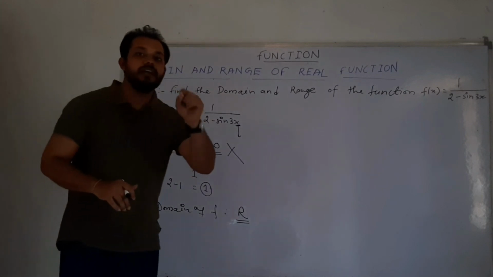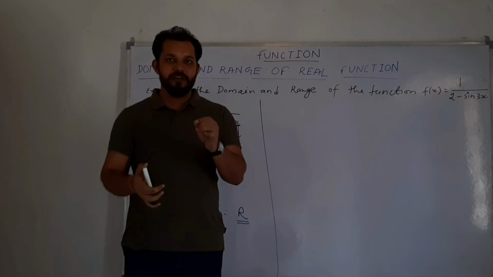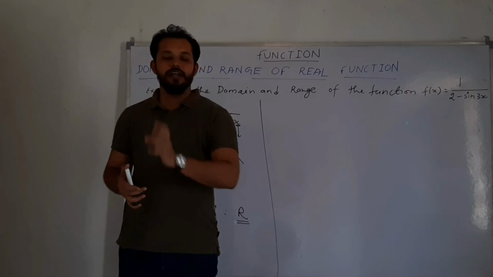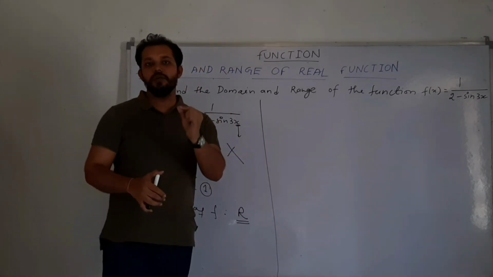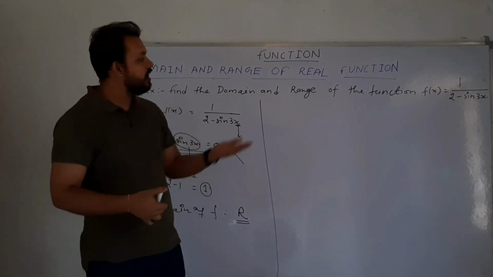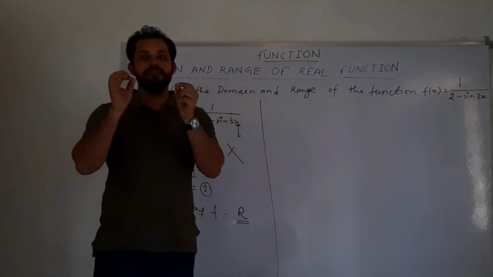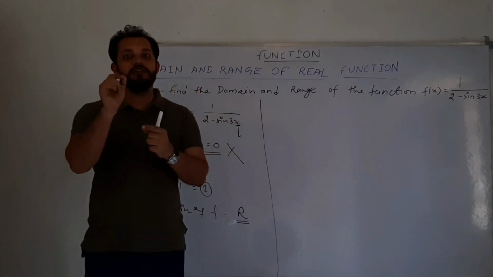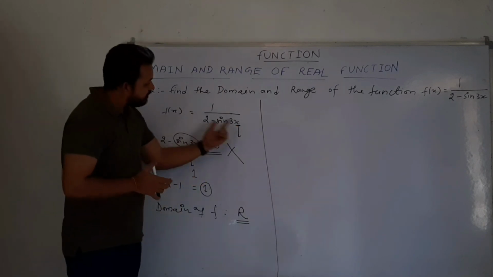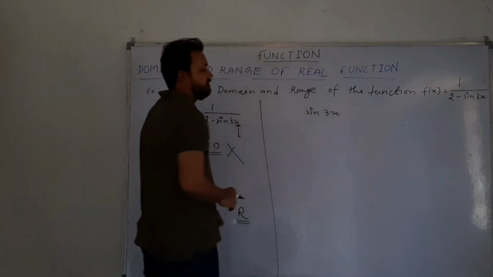Now let's find the range. In earlier examples, when we were finding the range of any function, we took the given function equal to y. But in this situation, we will follow a different approach, because a trigonometric function is involved. So to find the range of this type of function, the first thing we will notice is where our variable is. Here x is with the sine function. Hence we will write here sine 3x.